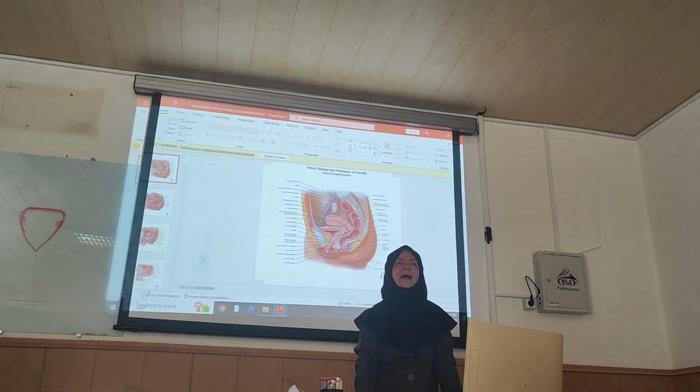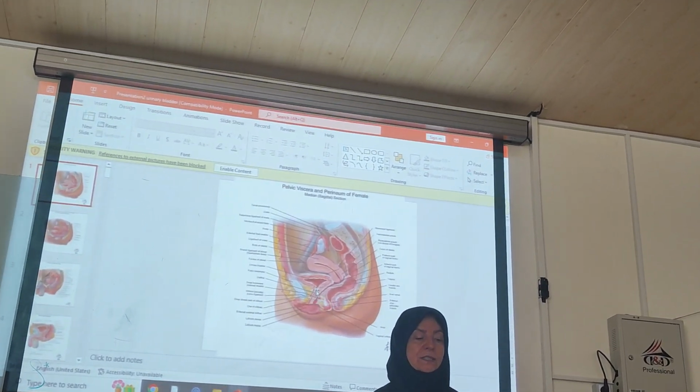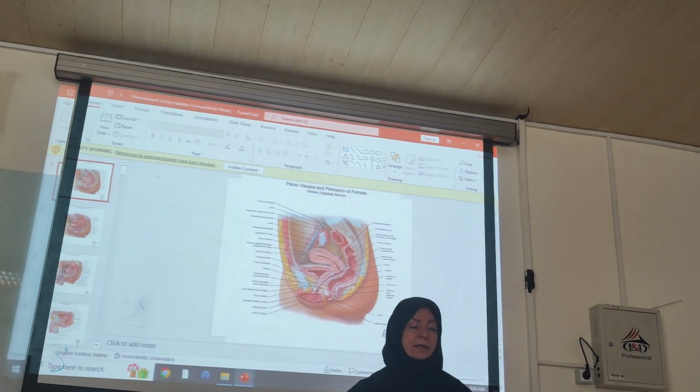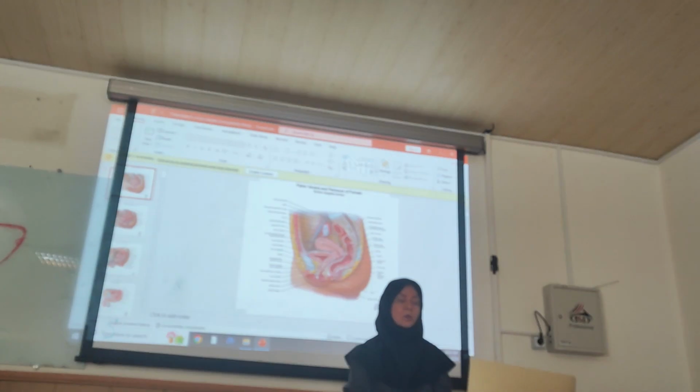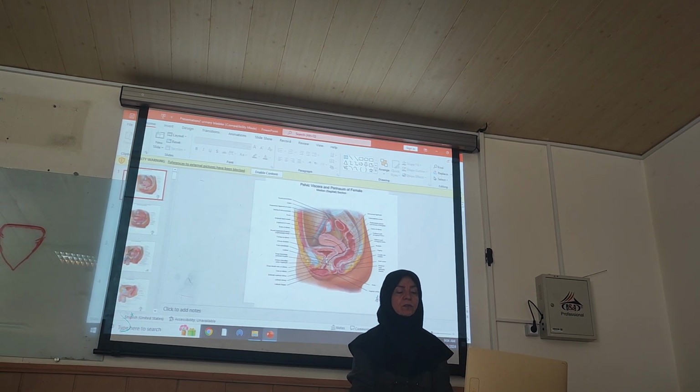It is so narrow, 4 to 6 centimeters. This 4 to 6 centimeters is very short, so the infection very easily can pass through the urethra and reach the urinary bladder. Posterior to the urinary bladder, in the female sex, according to this picture, the uterus and vagina are visible. And posterior to the vagina and uterus, you are able to look at the rectum and anal canal.